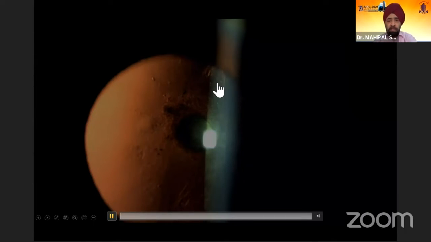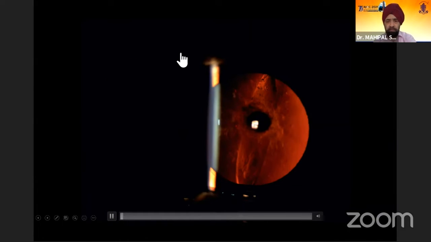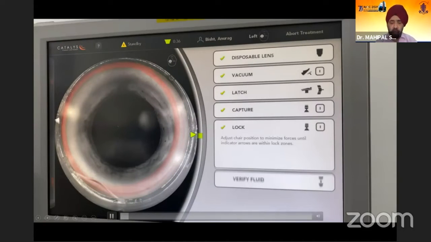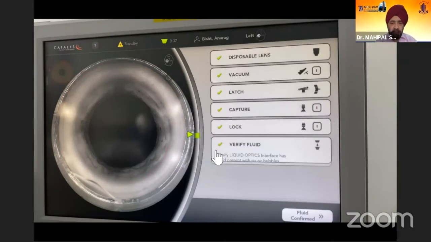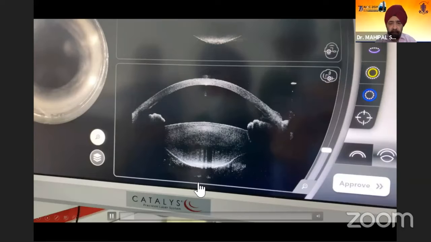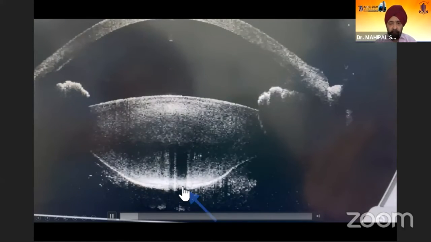Now, in this particular case, this is the photo essay that we published. This is a pre-existing rent. Normally you get these vertical rents that you have in the polar cataracts. And in this particular case, again, you can see on the OCT, there is absolutely no problem. You will just see here, this is the area where you're going to have the defect in this particular case.